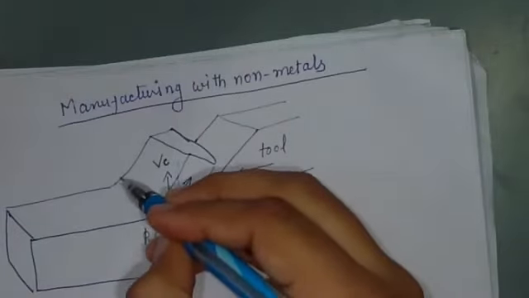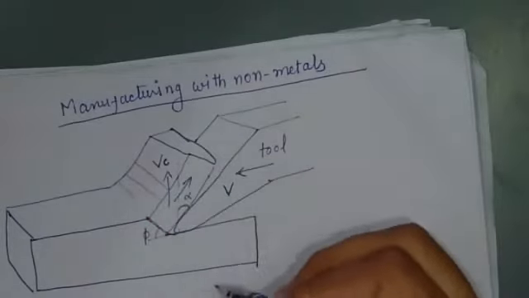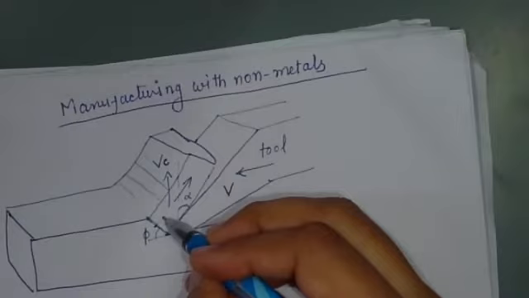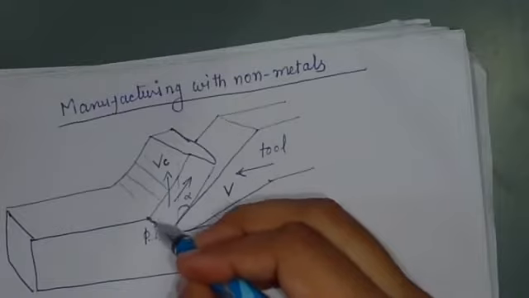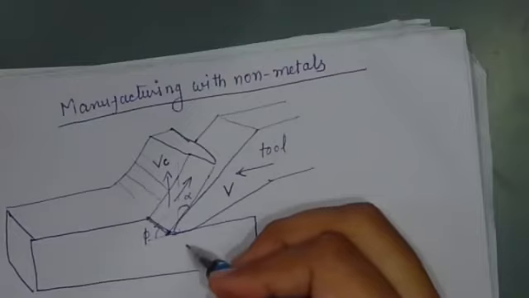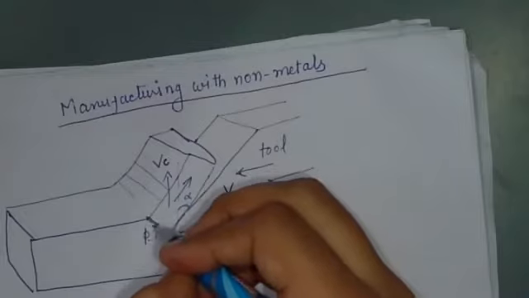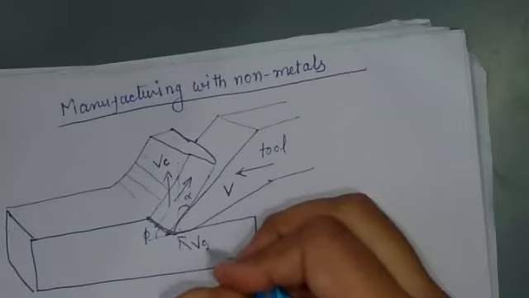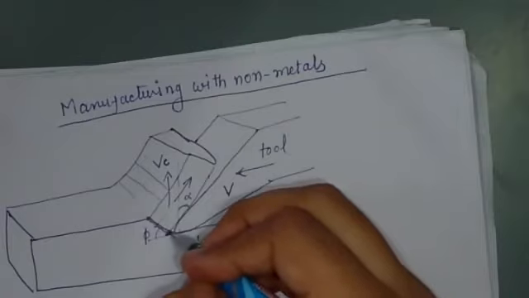So there are actually multiple chips, one chip, two. You can just divide it into multiple parts. And each chip is moving with a certain speed, and this movement also takes place along this shearing zone. So this shearing zone also has a velocity, which is called shear velocity, Vs. Shear velocity generally remains in this direction. It is nothing but the velocity of shearing. Shearing starts from here, moves up to here.